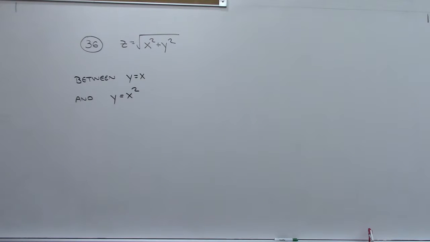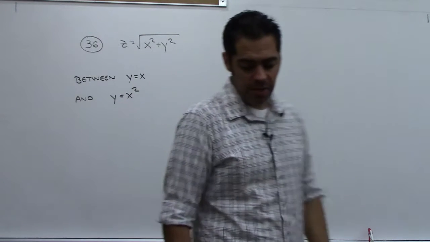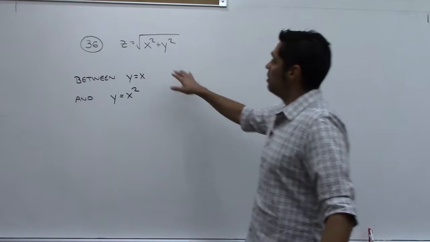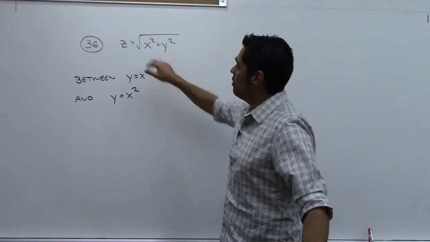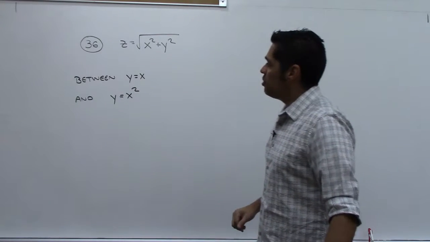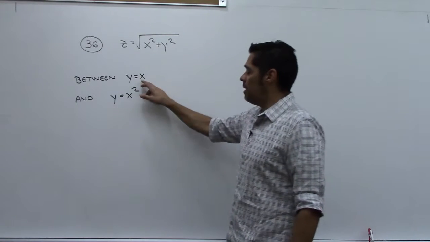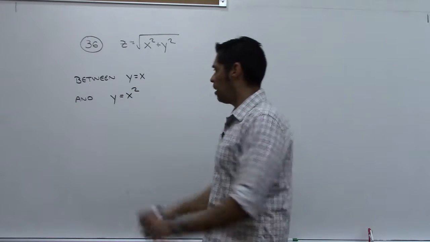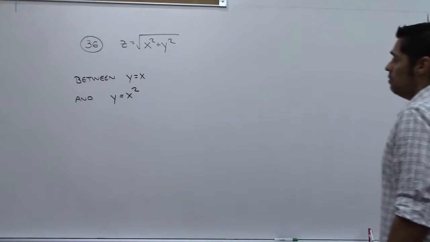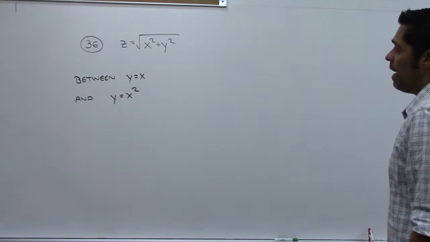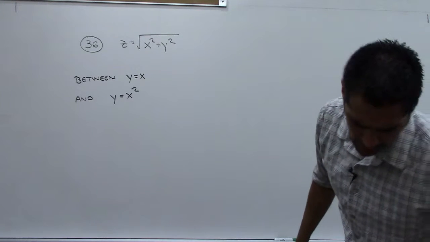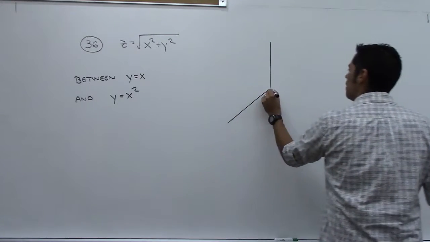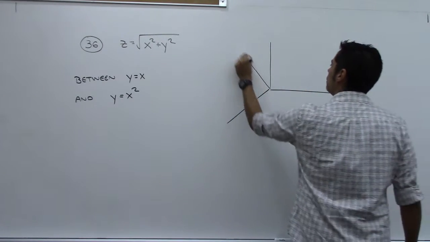Okay, I'm picking up here, still working in 13.6, trying to find the area of the surface given by this equation in between this plane and this parabolic cylinder. So three-dimensionally what we have is a cone. I'll see what I can do here to draw this three-dimensionally. We have a cone